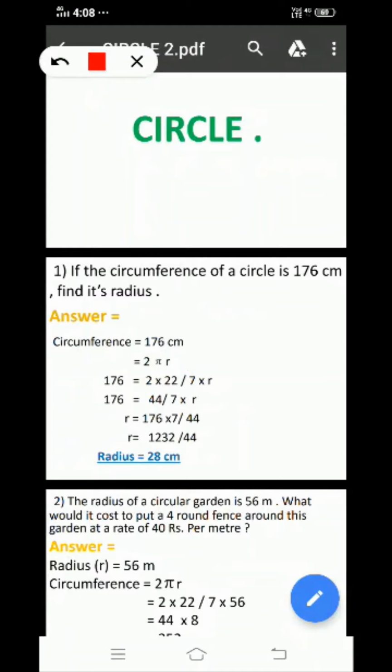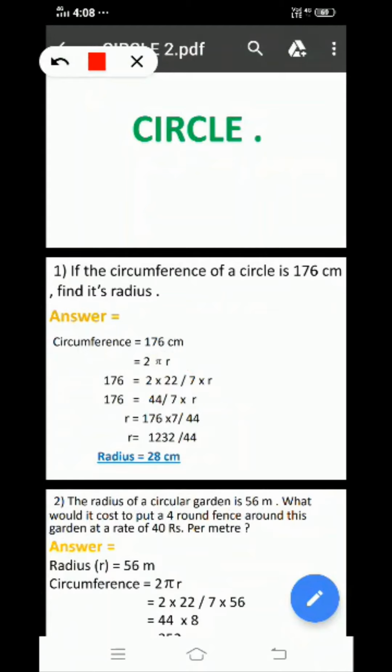You have to write that circumference below, circumference is equal to 2, as it is, pi. Value of pi is 22 upon 7. You can write it as 22 upon 7 or 3.14. But if they mention in the sum that you have to use pi is equal to 3.14, then you have to use that one. At that time you can't use 22 upon 7. But in this sum they have not mentioned, so you can use anything. I am using 22 upon 7 here. Okay, now 2 into 22 upon 7 multiplied by r.